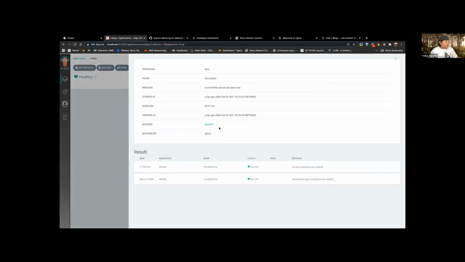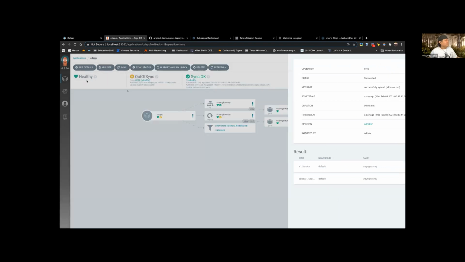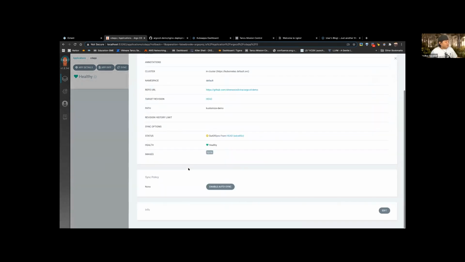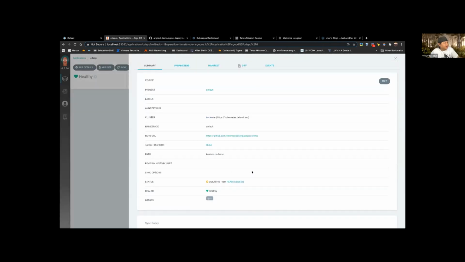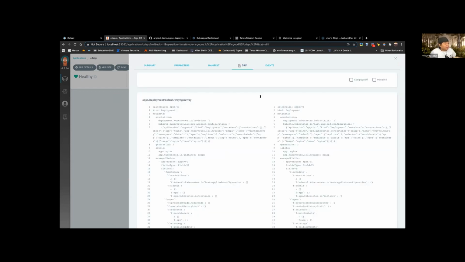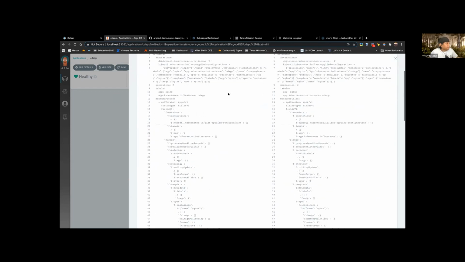Let me show you the status of sync, and let me show you what I mean by having the sync policy enabled in auto. Well, if I enable this, it's going to happen very, very fast and you're not going to see anything, right? So as I showed you before, here's the difference.